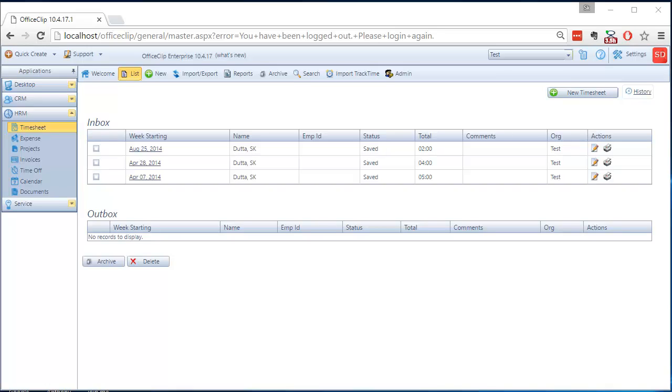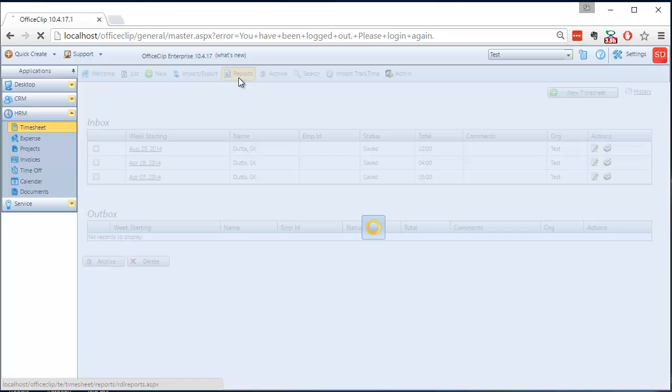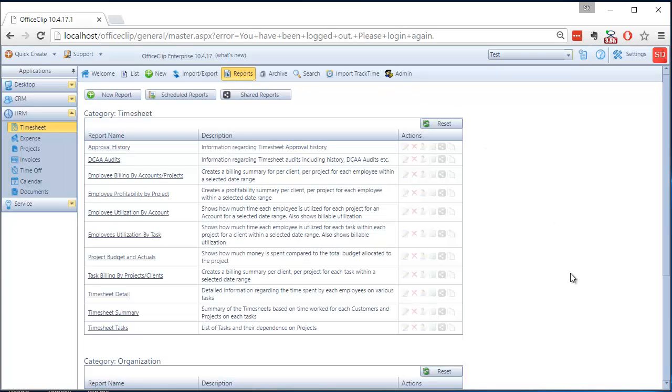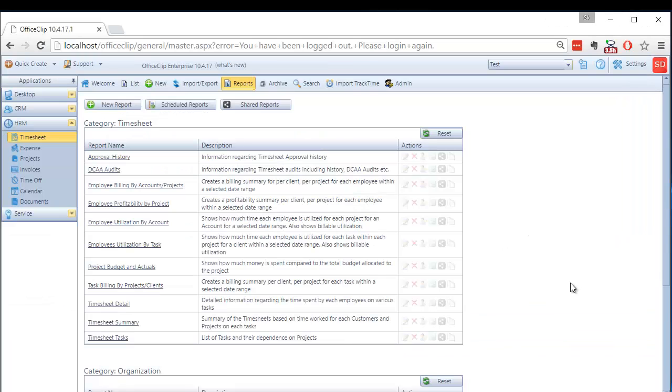In this video, we are going to see how you can control access to the timesheet reports. Now, timesheet reports are only visible to the administrators by default. This is because by making reports accessible to other members of your organization, you may open up some of the internal information of the system which you do not want to show. So in order to avoid that, we do not allow access of the reports to anybody but the administrators of